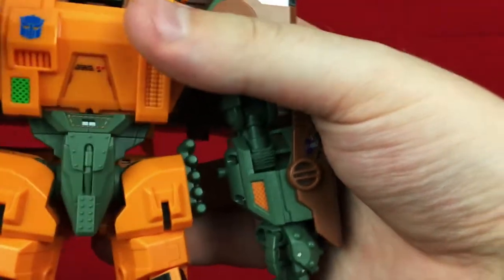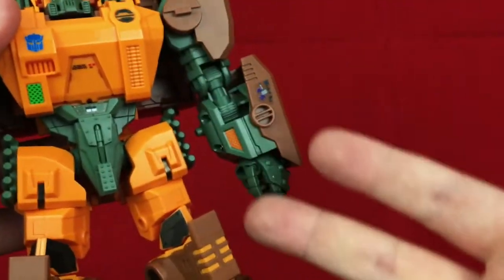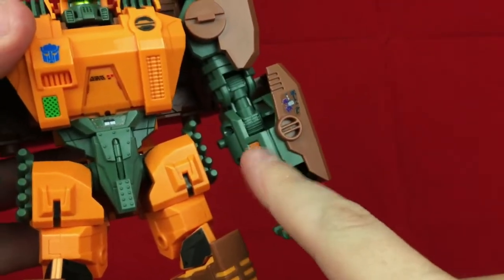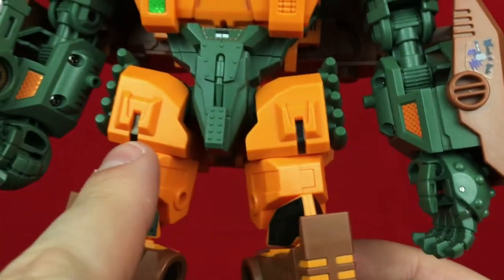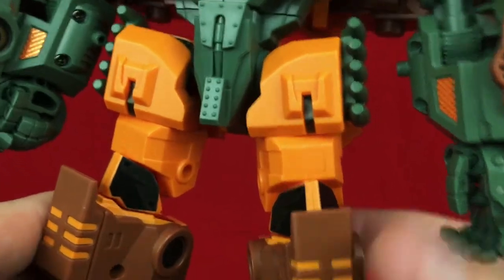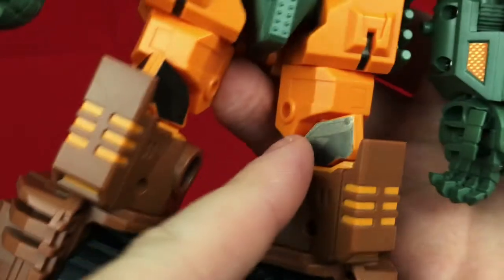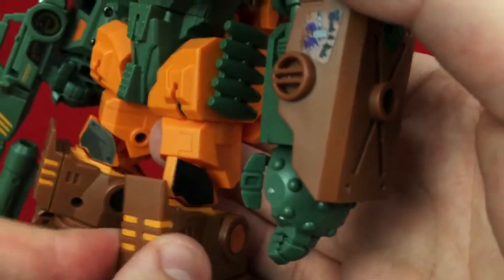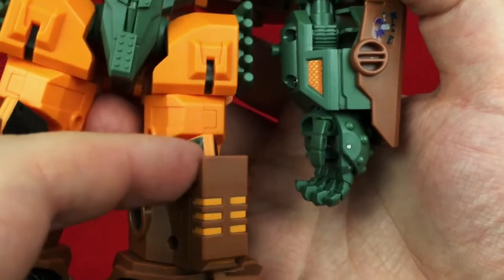And you also have these orange bits on the forearms, which, yet again, small details, but it just helps, because this whole forearm is so green, and having just that little bit of orange there really breaks that up nicely. And you've got black in the thighs there, which also helps to break up the monotony of the orange. Black for these knee bits there. And that, again, just helps to break up that orange. Would be nice if they wrapped all the way around instead of leaving this orange bit in the center there,